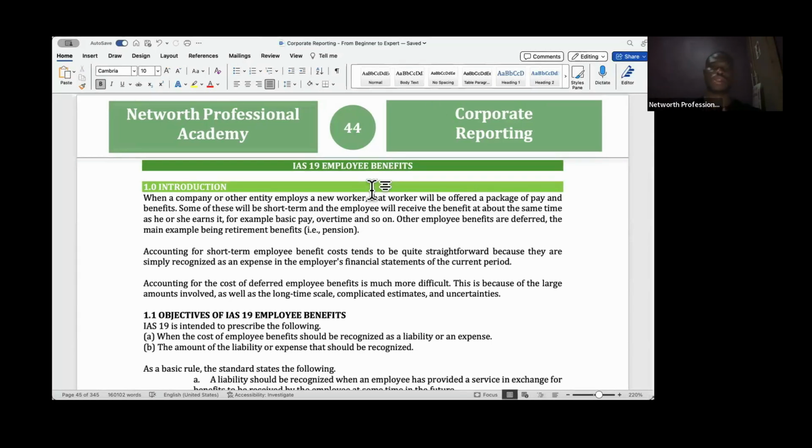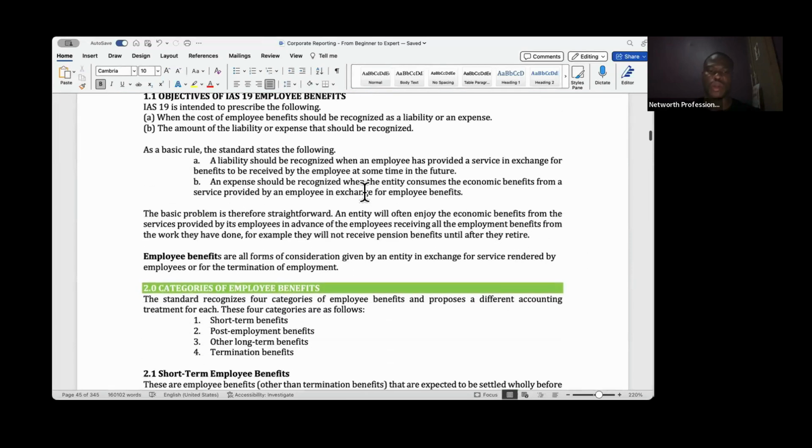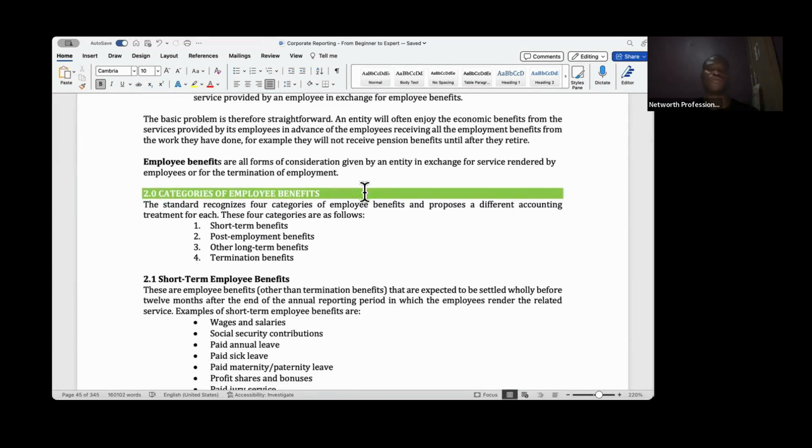And I told you that what you need to know in this standard is how to account for the benefits or the consideration that an employer gives to its employee in return for the services the employee has rendered to the employer. However, we quickly went on to the categories of these employee benefits, from the short-term